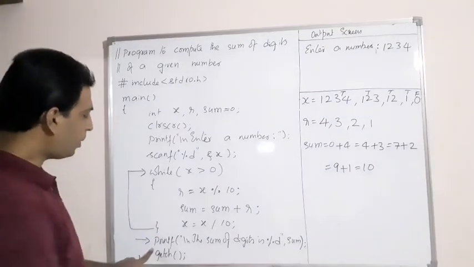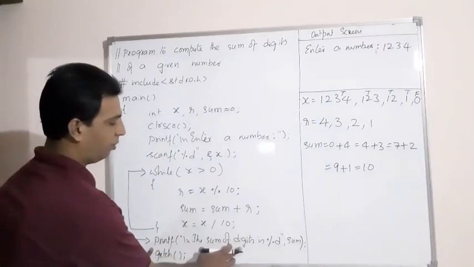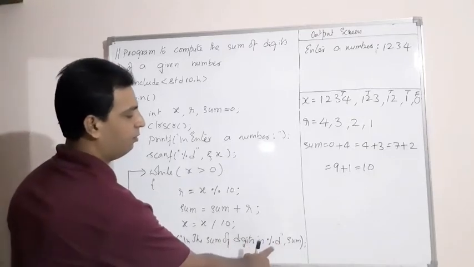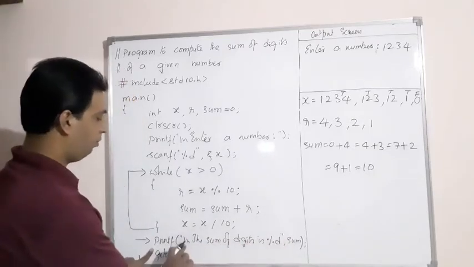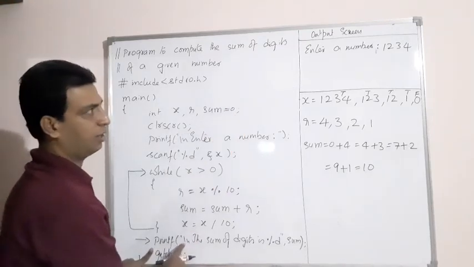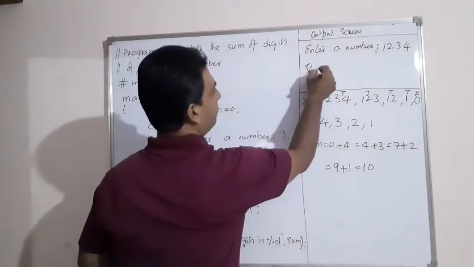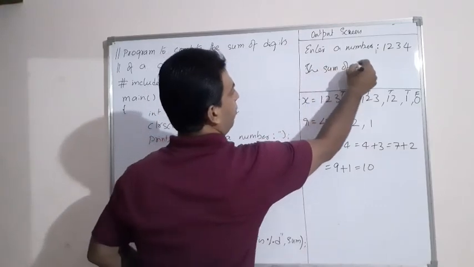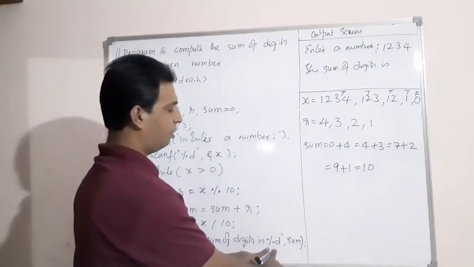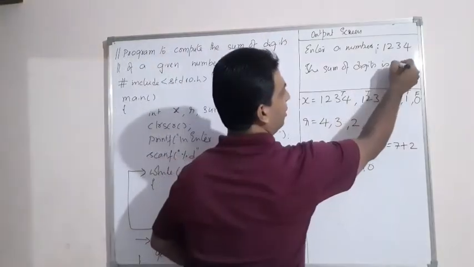Right? Now, printf is an output statement. So it will print whatever is there along with string and a data type specifier. Here it is %d for value of sum. Now the output will have the next line, and because that is the current line, it will go to next line because of this slash in here. You go to next line here and you print this string as it is. The sum of digits is this %d will be replaced with the value of sum. So what is the value of sum? 10, and it will be displayed here.